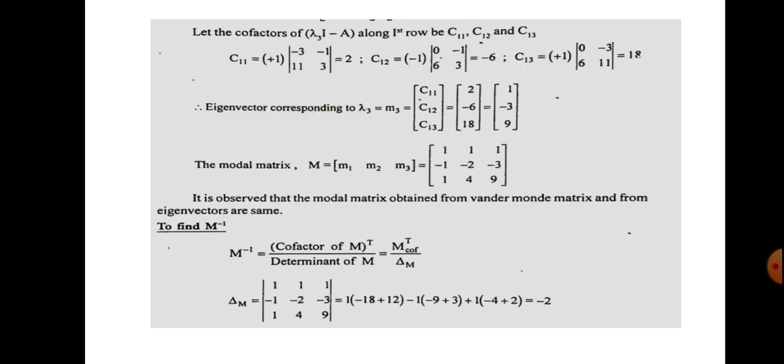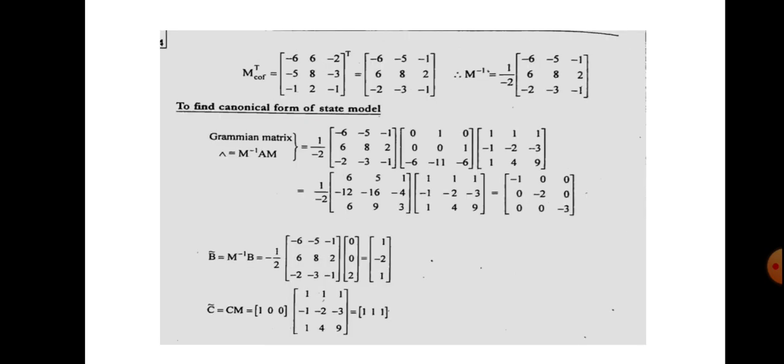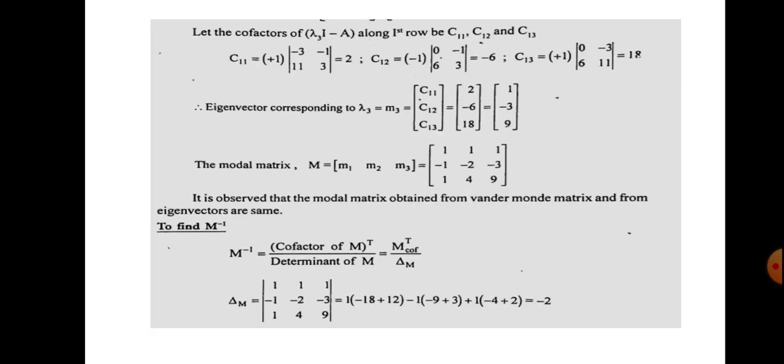Then you have to represent all these elements in a matrix, and finally you will get this matrix, and you have to take the transpose of that matrix. The transpose means you have to interchange the rows and columns. So this row will come to the position of this column. So minus 6, 6, minus 2. Next entry is minus 5, 8, minus 3. So it will be the second column. This is the third row, so it will come to the position of the third column. So now you have this quantity. So M inverse is equal to, what is the equation?